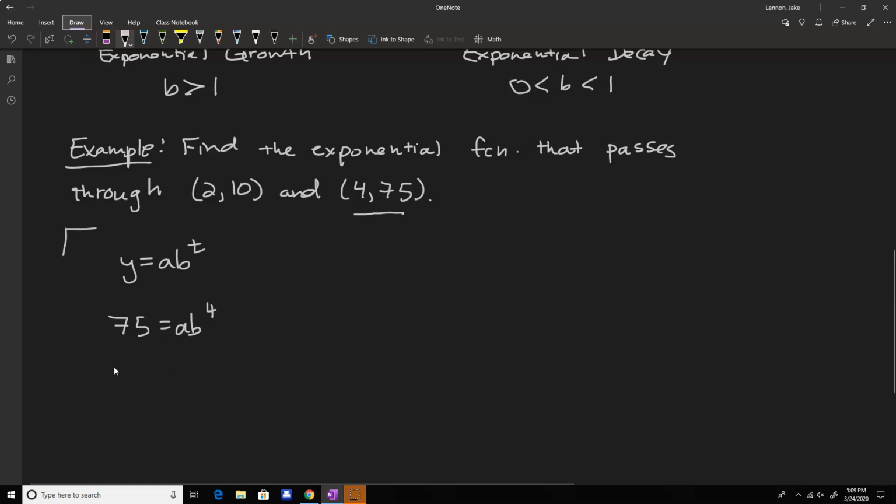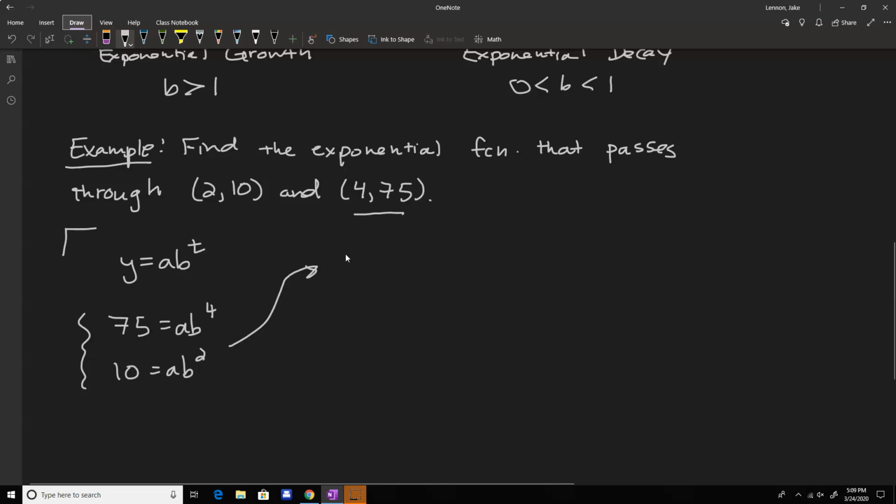And the second pair, 10 as the y value, would be the same as ab squared. So this gives us a system of 2 equations. And then the best way to combine the equations so we only have one variable is, since the right-hand sides both just have a, you can take ratios. Meaning if 75 is equal to ab to the 4th and 10 is equal to ab to the